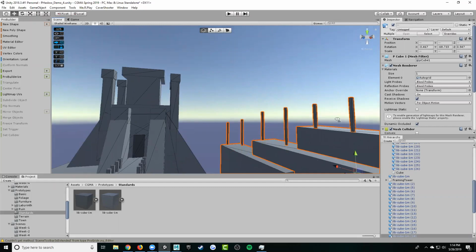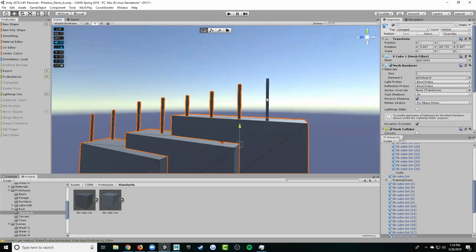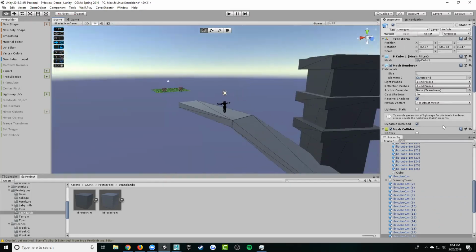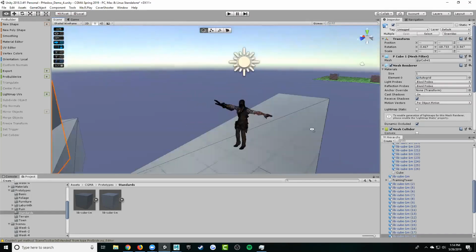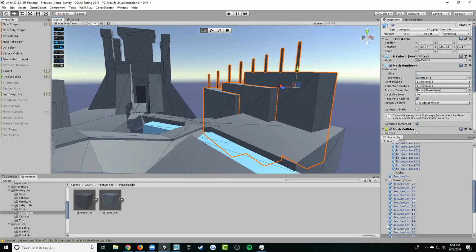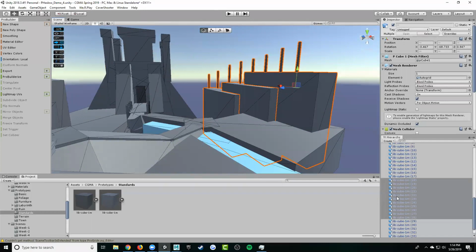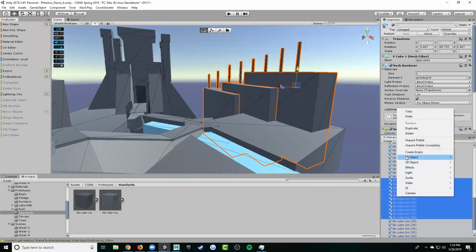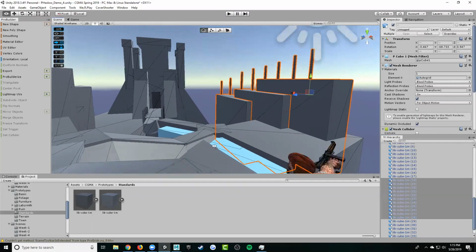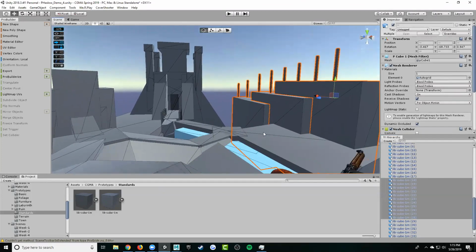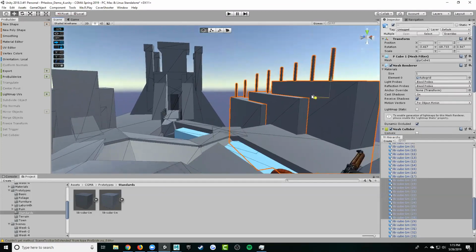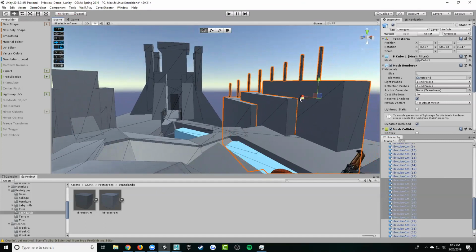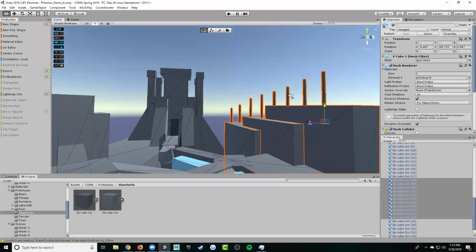I'm gonna grab all these guys. I said this before, I think, but I also wish there was a way you could grab everything, right-click on all the selected gameplay objects, and have an option that said add to empty. I have no idea why that's not a thing, but it's not. If I squeeze this in a little,